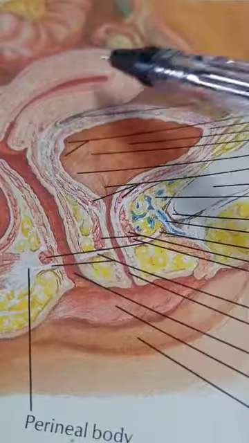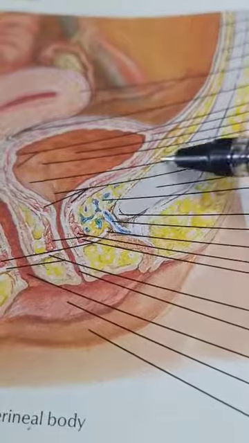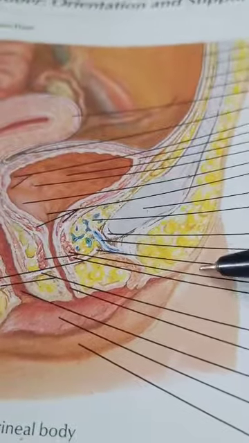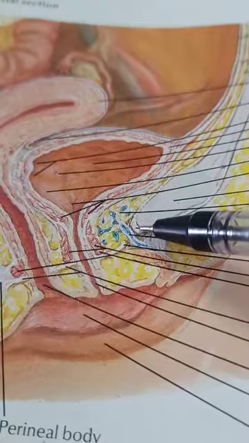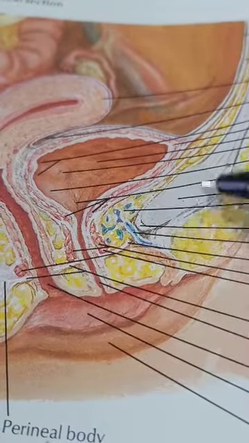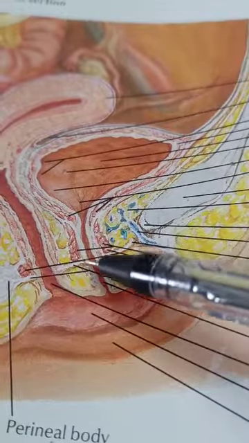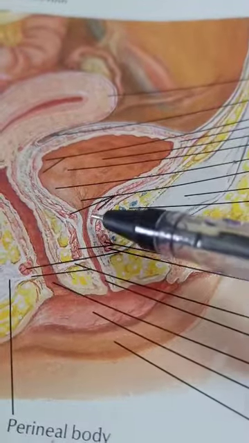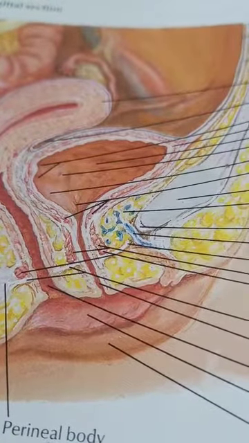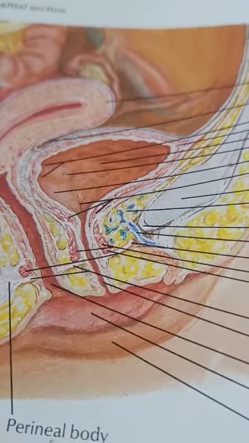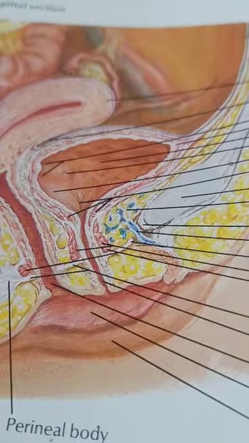Here this is our uterus, and here comes the vagina. This is the anterior portion, the pubic symphysis, the pubic bone, from anterior to posterior. Next to the pubic symphysis, the female urethra is 4 centimeters in length. It is 4 centimeters long, and it extends from the urinary bladder to the external urethral opening.